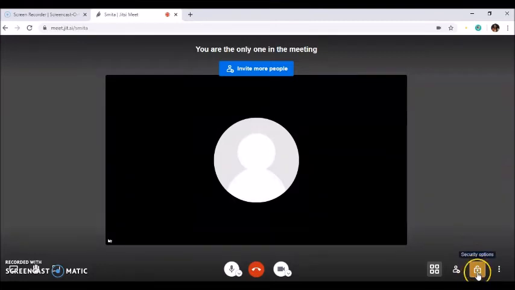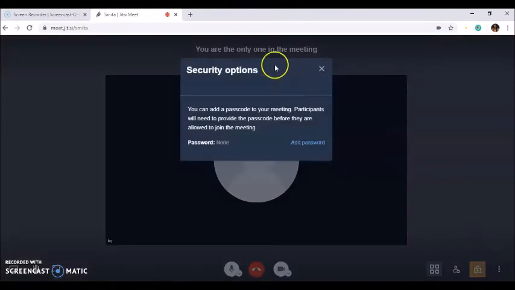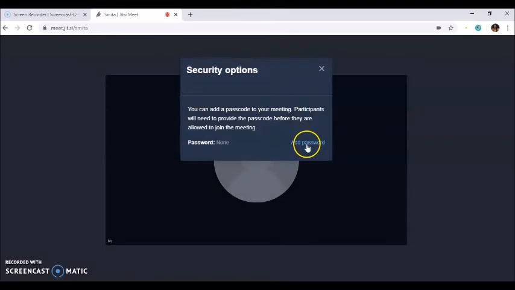Here they provide the security option, by means of which you can provide a password. So you can write a password. If you wish to add a password, you can always use a password. So this is the password created.